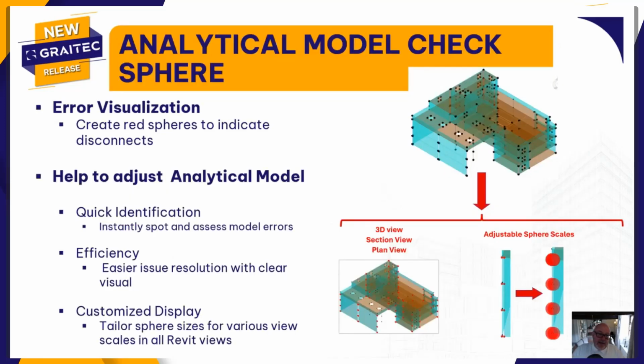The next thing we've added in is a brand new analytical model check. What this will do is check our analytical model to make sure that it's correctly connected, before you send this out to whichever structural analysis package you're using. If you're generating the analytical model within Revit, whether you're exporting that to Robot or to Advanced Design, our structural analysis package, this will give us the ability to test and check to make